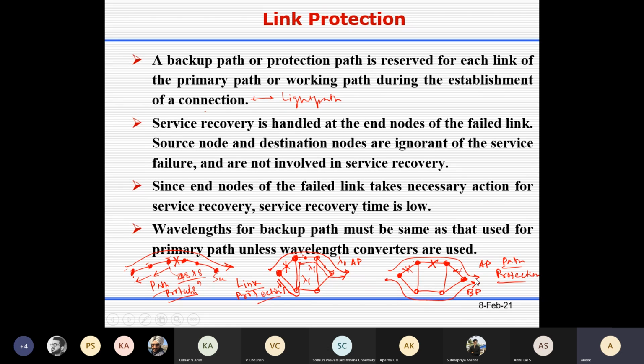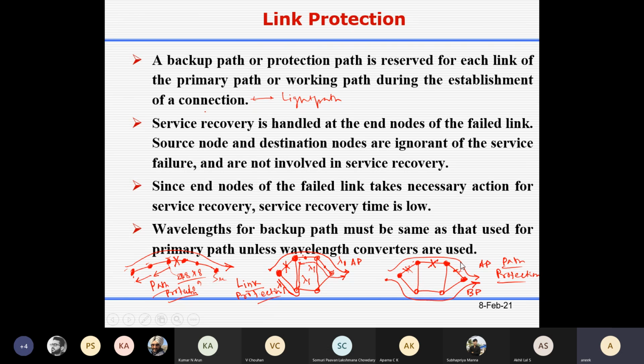Then this receiver should reconfigure the optical cross connect. Now you know that the optical cross connect is a flexible switch, so you can reconfigure it, and now you can get the signal from this fiber only. So this should be done, and then the information that the backup path is ready, this acknowledgement, should come to the source. Now your backup path is ready, so now you can send your traffic.